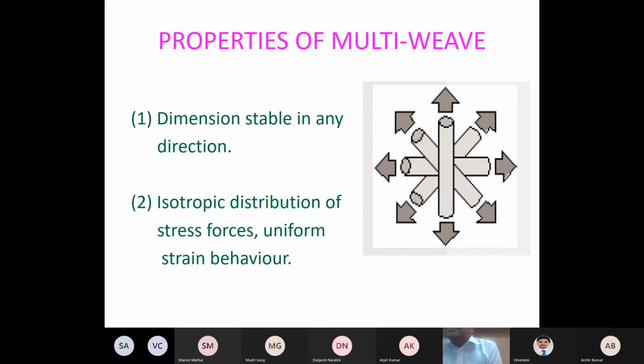So last time we were discussing multi-axial fabric. We have discussed the manufacturing and the machine used to produce multi-axial fabric. Few things are left in this, particularly the properties and application of multi-axial fabric. So as we have discussed, in this fabric the yarns are disposed in different directions and in a different manner.